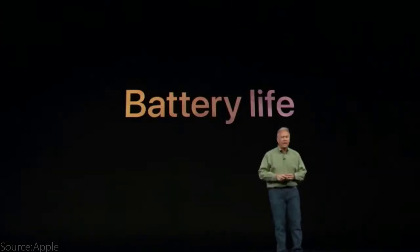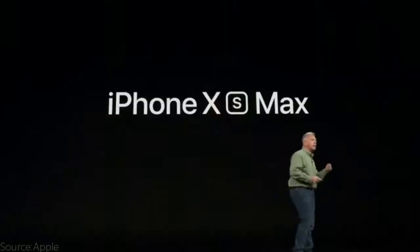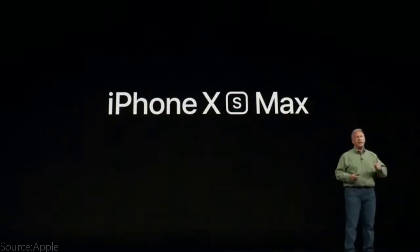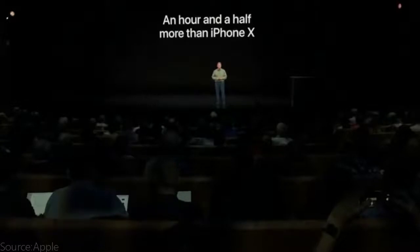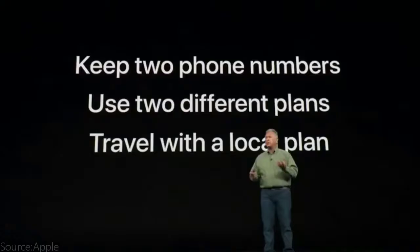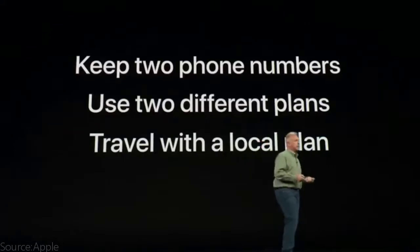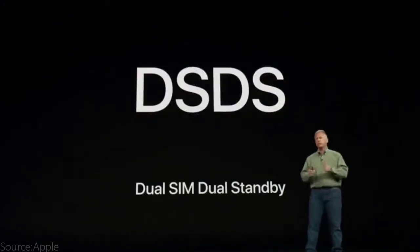Increasingly, all smartphone users want more performance, bigger screens, but longer battery life too. iPhone XS gets you up to 30 minutes longer in your day than iPhone X did, and that's really great. iPhone XS Max has the biggest battery we've ever put into an iPhone, and it can get you up to an hour and a half longer in your day. One thing we've had requests for is dual SIM capability. To do this in iPhone XS and XS Max, we built a technology called DSDS, or Dual SIM, Dual Standby,